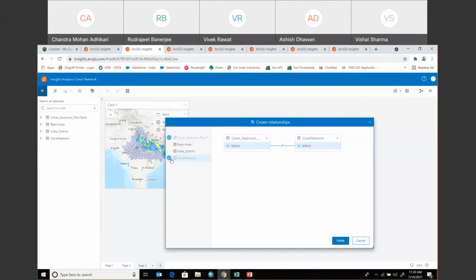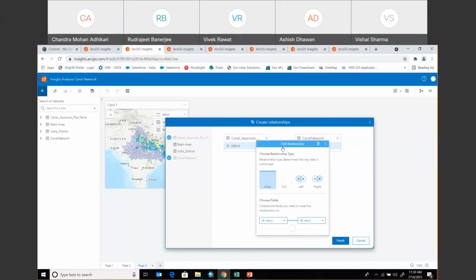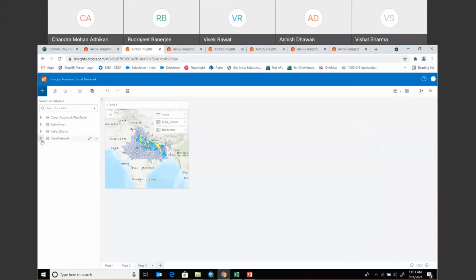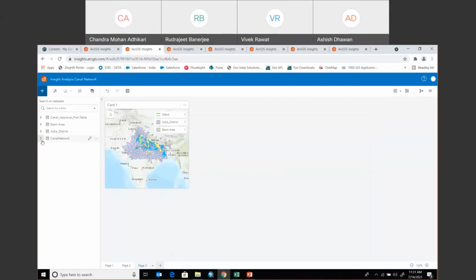And I have taken these two layers, which I actually want to create a relationship. And this is the edit option, which is giving me the choice on the basis of which attributes I would like to create a relationship. So perhaps I can give those common IDs on the basis of which I can create a relationship for it. So I have already created a relationship. So this way, Insights gives an option to join the data, which is coming from different parts, whether it can be spatial data, it can be temporal or tabulated data, and so on.